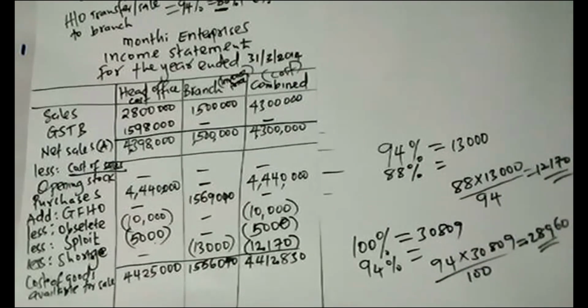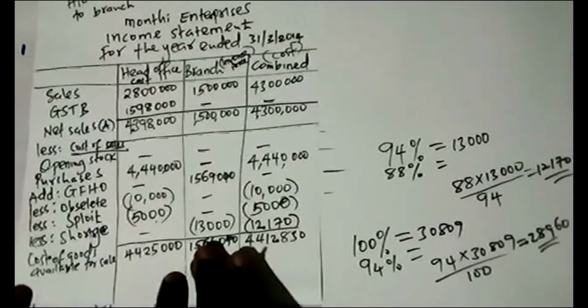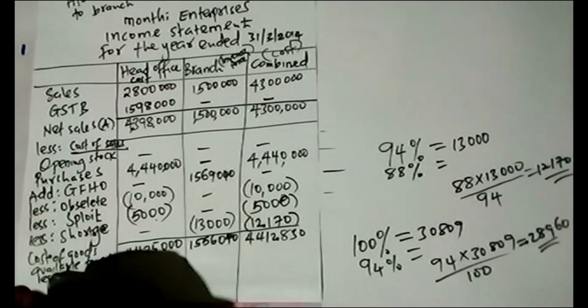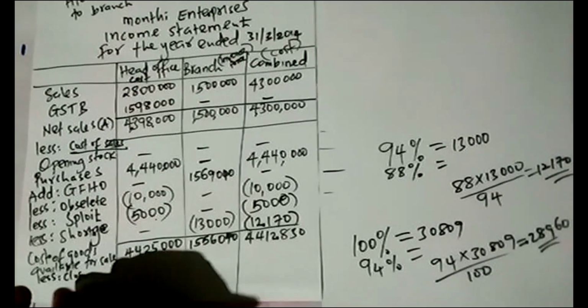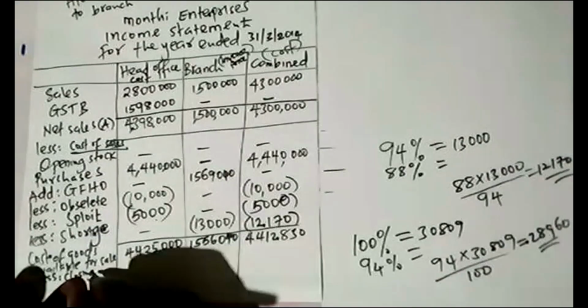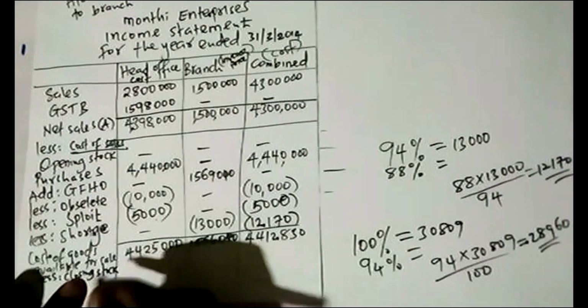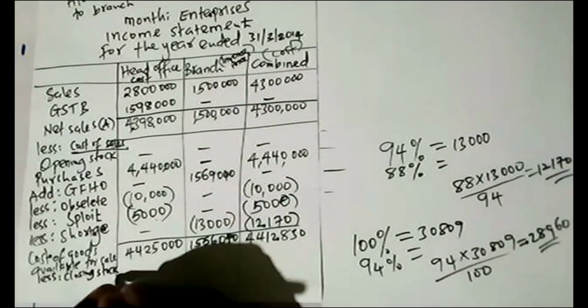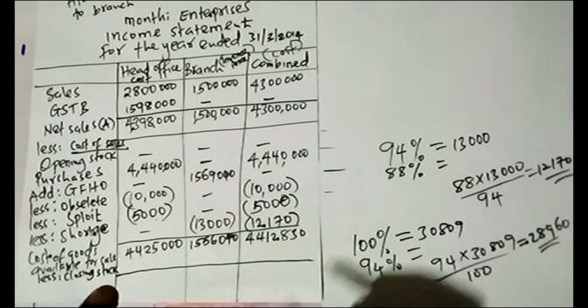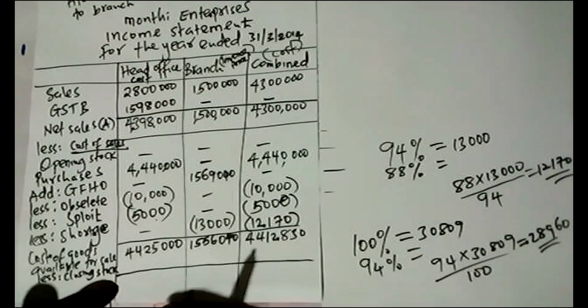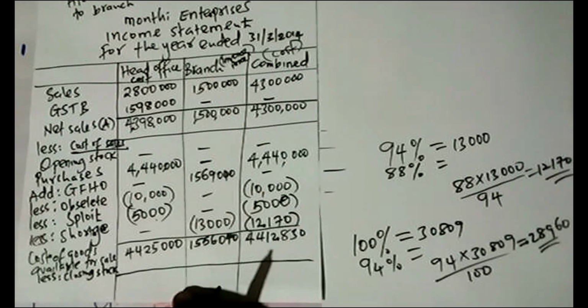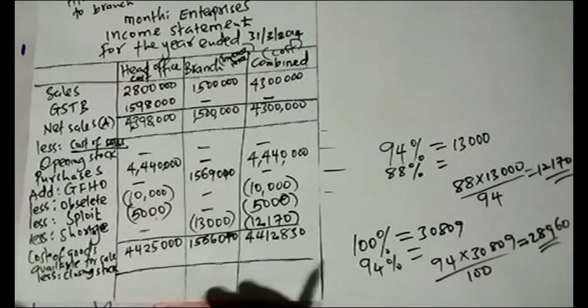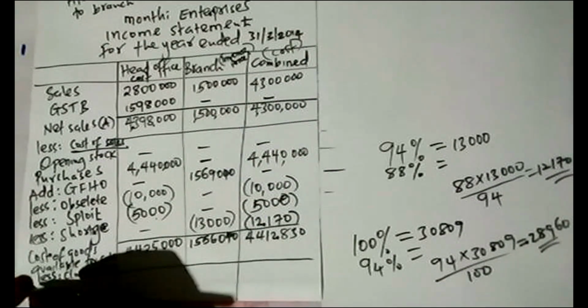So when you will be doing the computation again, we have to raise inventory, closing now. We have to raise the closing stock. Once I get the closing stock here, and that is the one which needs a bit of workings, I will be able to get the cost of goods sold.